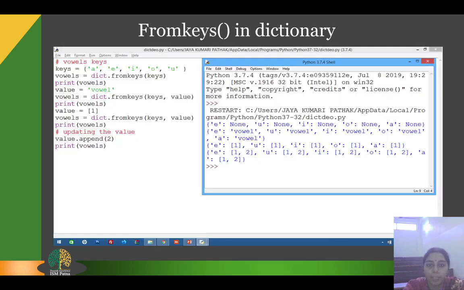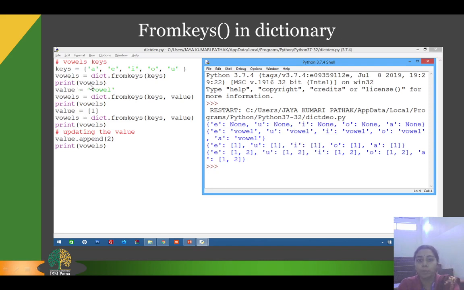Let's see in the example. Here, I have created keys equal to A, E, I, O, U, and I am going to create a dictionary named vowels equal to dict.fromkeys(keys). It means these were the keys of the vowels dictionary. And now I print vowels.